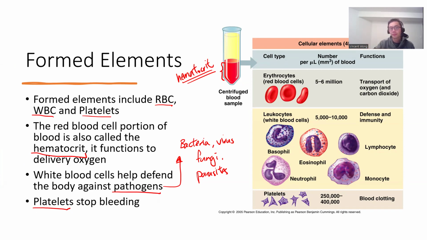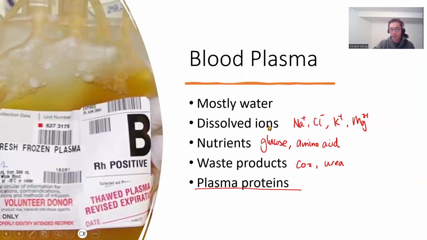Vincent, does the plasma do anything? Yes. The plasma has the nutrients and the ions, right? So as the blood circulates through the body, the plasma basically helps distribute these important ions and these important nutrients, right? And as you will see, because the plasma contains these proteins,